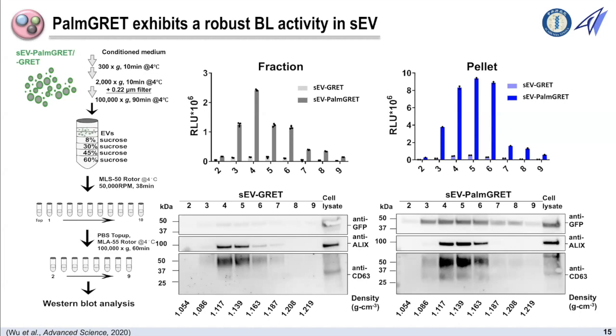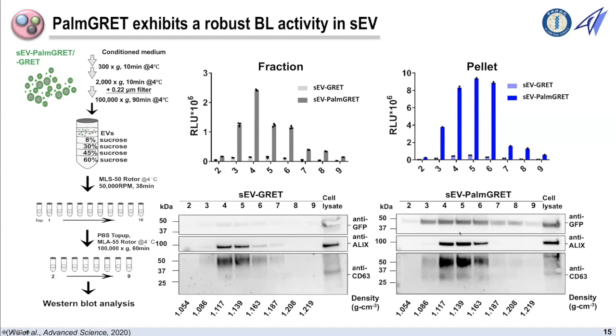is actually from extracellular vesicles or small vesicles. So here we apply Alix and then CD63 as the EV marker to detect the extracellular vesicles, and GFP to detect our reporter. So here we can see that on the left-hand side is our SEV PalmGRET, and the EV marker and GFP, our reporter signal, coincide together, and we can see that most of it is from